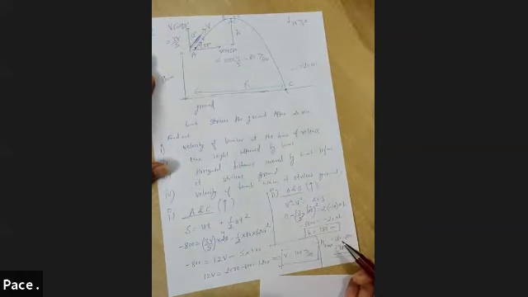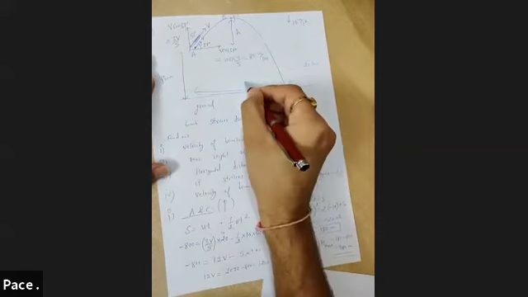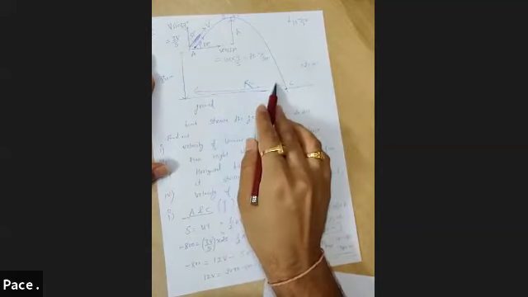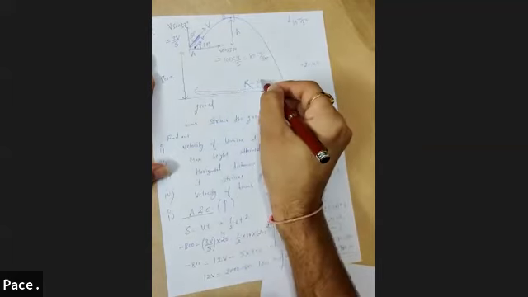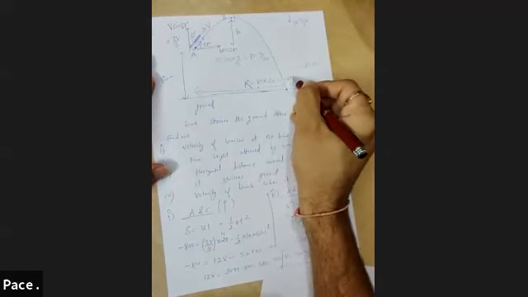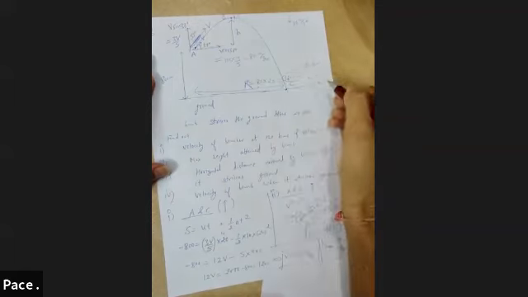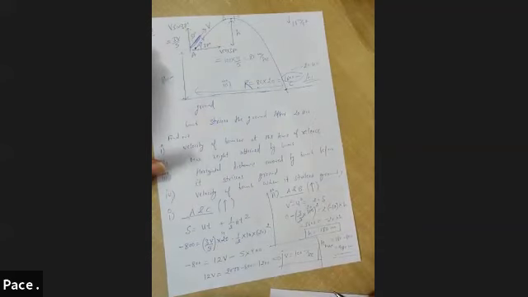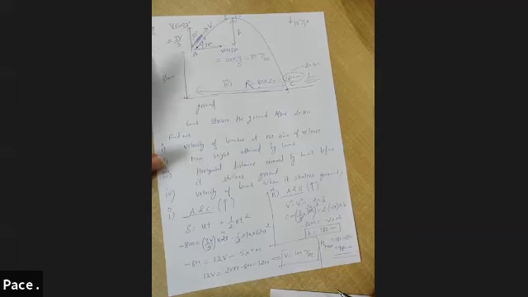You already know the time, 20. So this horizontal range is simply distance equal to speed multiplied by time. So speed is given as 80 and time is given as how much? 20 seconds. So that would be 1600 meter. This would be the answer for the third part. Horizontal distance covered by the bomb before it strikes the ground, 1600 meter. Clear? And the last part is the velocity of the bomb when it strikes the ground.